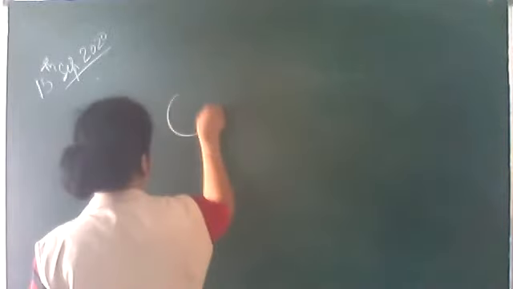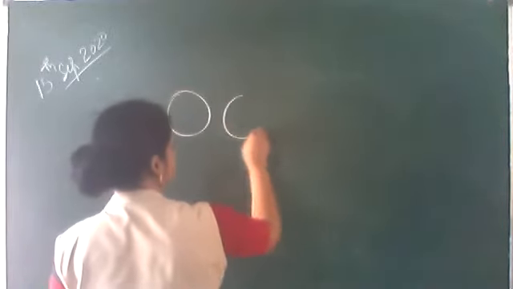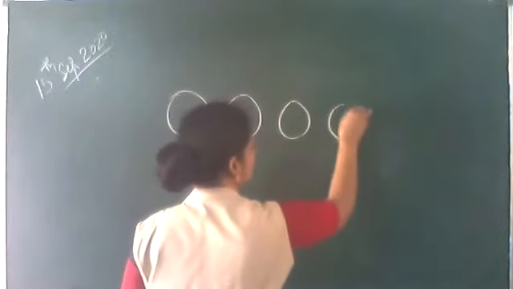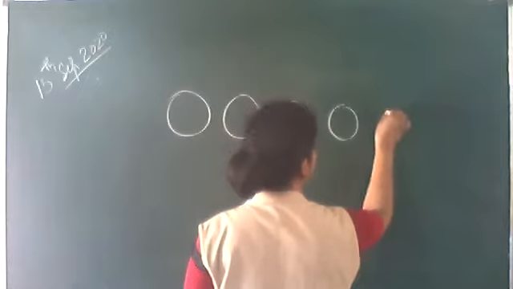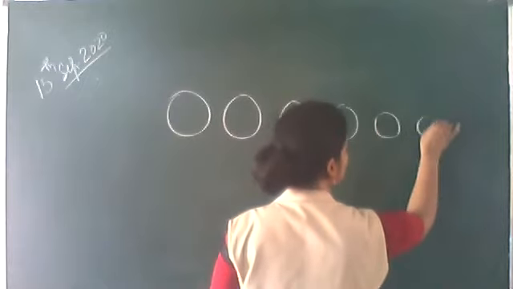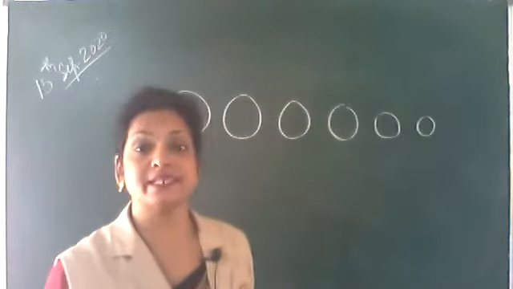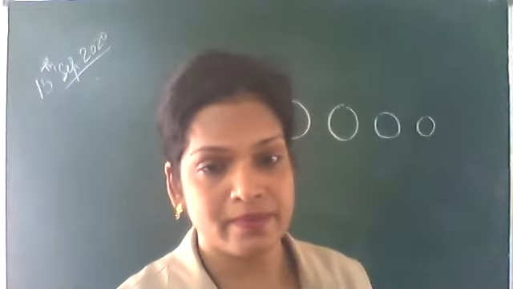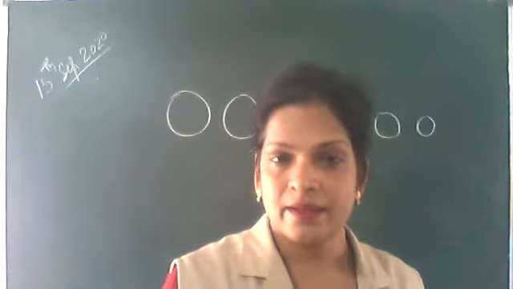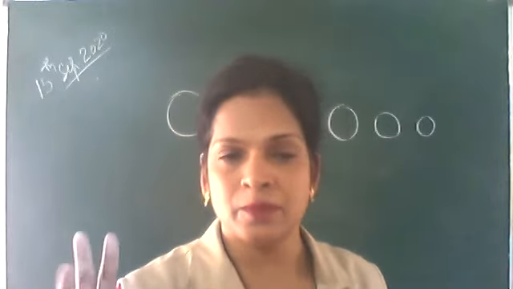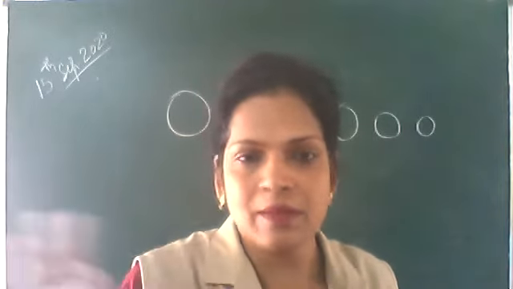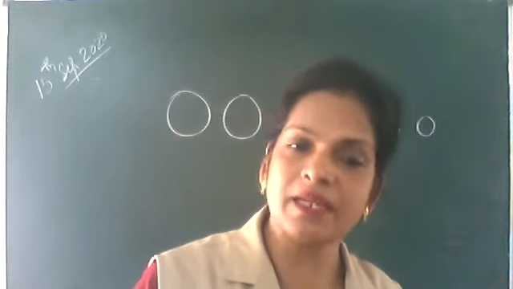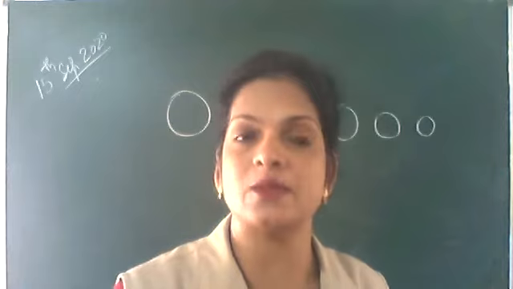When you consider this in a period, the size is decreasing. Atomic size is decreasing, or the atomic radius is decreasing. Why? Because same number of shells. In a period, suppose second period, 2 shells. The number of shells are same, but the electrons are getting added. At the same time, the number of protons in the nucleus is also getting added.